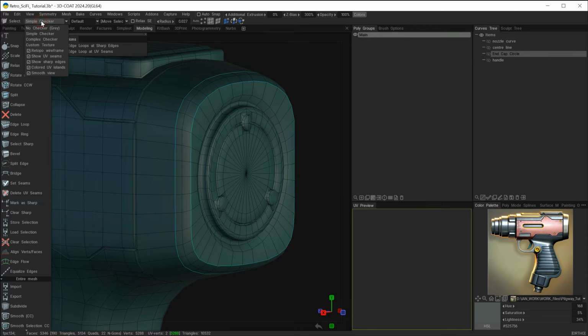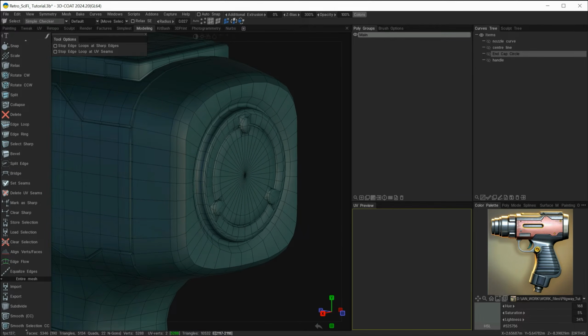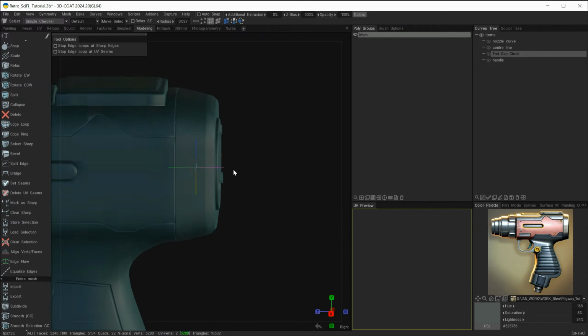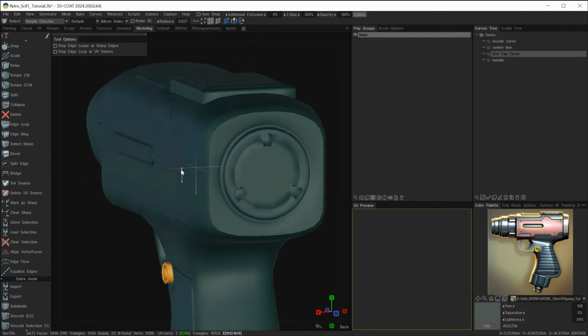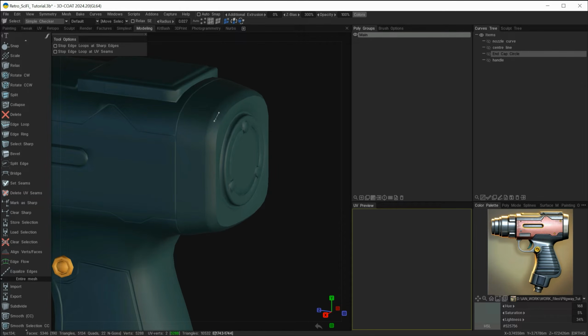And this is what I was talking about here, where it says show sharp edges. Sharp edges are shown as blue. If I toggle this one off now, we can see that that is now removed. The sharp edges are still there, it's just we're not showing them because we've unchecked this option here. So here, for example, I'll just turn this one off, and I'll also turn off the retopo wireframe. So now we can see the difference that's made to our model, and it's given me a much better result